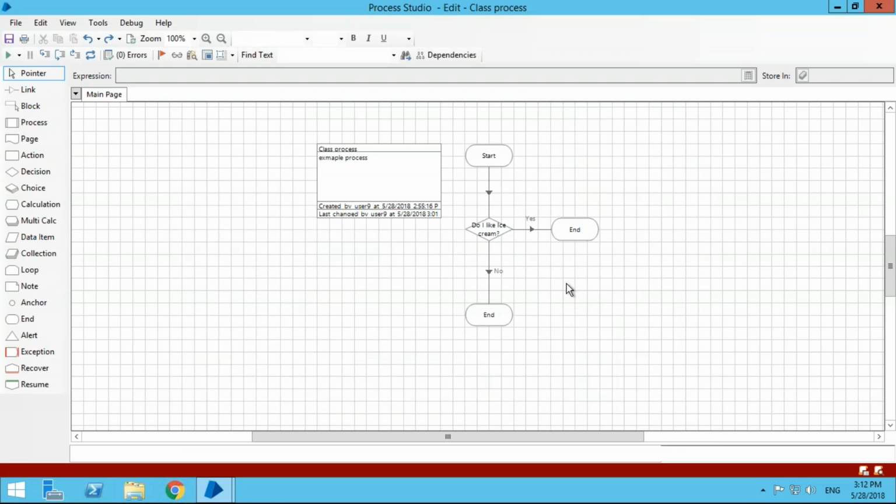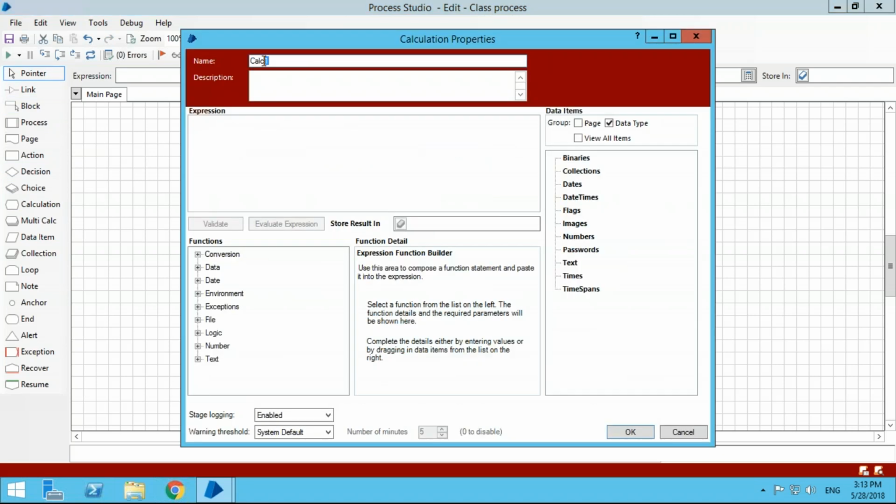Cool. So we looked at the decision stage. We put a very basic expression in there, and like I said earlier, we looked at a calculation stage, and the calculation stage is very similar to a decision stage in terms of expressions. So let's delete that, and let's put a calculation in place. Let's link it up as we had it before. Again, every time you put something in there, give it a user-friendly name. I don't know what I'm doing yet with this calculation, so I'm going to call it calculation for now, but let's see what we want to do with it.